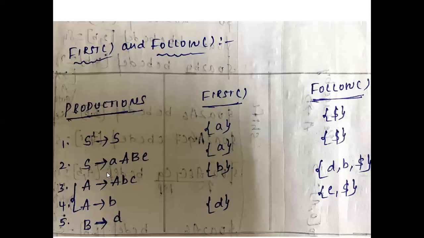And now I need to construct the follow of S. I'm checking where the S is. S is at the RHS. In rule number 1, we are having the S at RHS. See, in production number 1, we are having S at the RHS. And now we are taking this production rule, S dash tends to S. And now make this S as a B. And what the beta is.